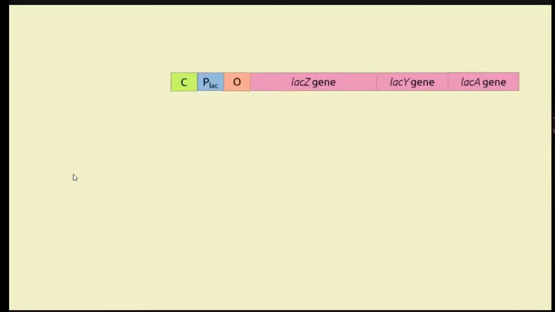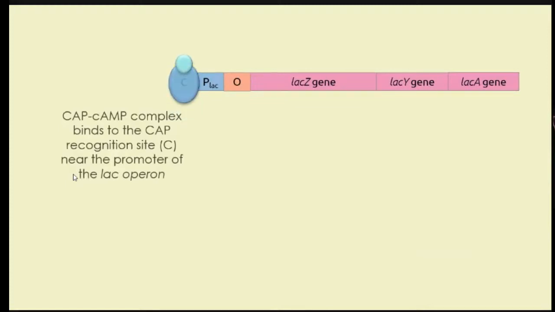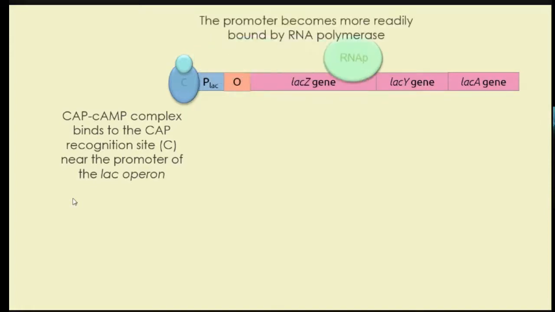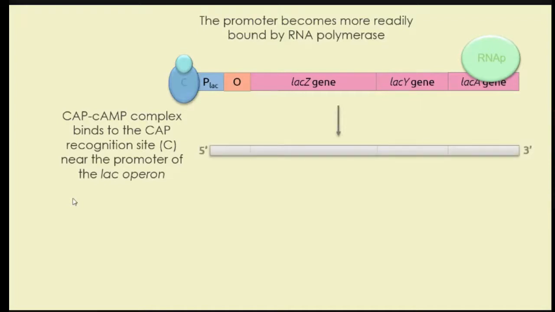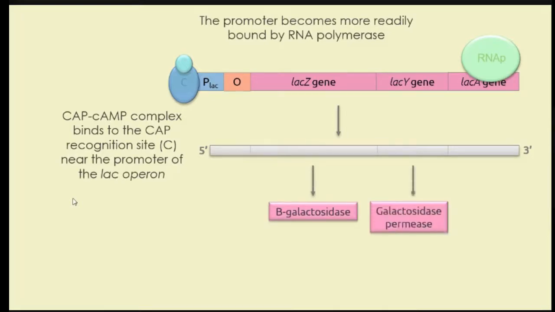And sa CAP site, nagbabind yung complex. And the CAP complex binds to the CAP recognition site, seen near the promoter of the lac operon, and this actually promotes transcription of your lac operon. The promoter becomes more readily bound to the RNA polymerase. So your RNA polymerase now can transcribe your lac operon, and again, it will produce the enzymes and proteins needed